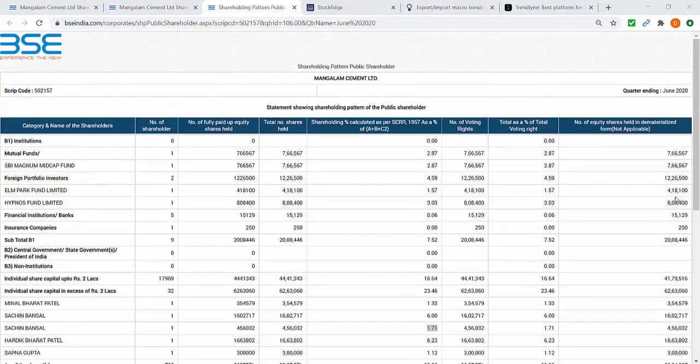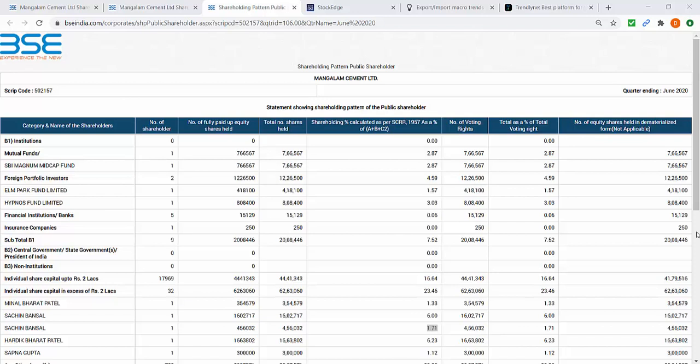Now, if you want to compare certain shareholders' previous holding with today's holding, it is very tough on bseindia.com. Though you will get it, you will have to go to the archives of bseindia.com and open the last quarters, or the quarter you want to compare, with the shareholding pattern for that particular quarter, and then compare it on two different tabs. So it becomes very difficult to see historical shareholding on bseindia.com.